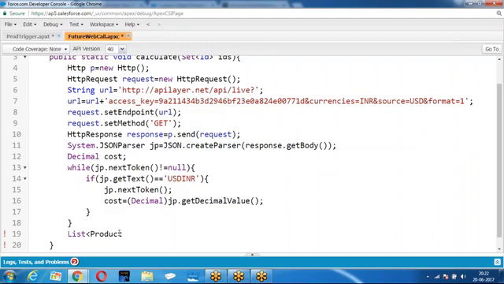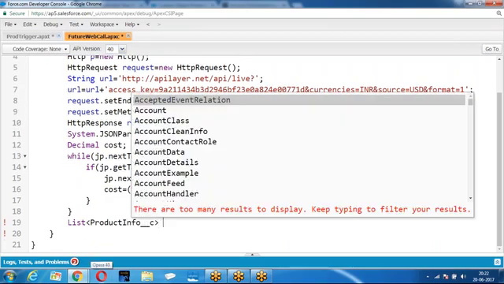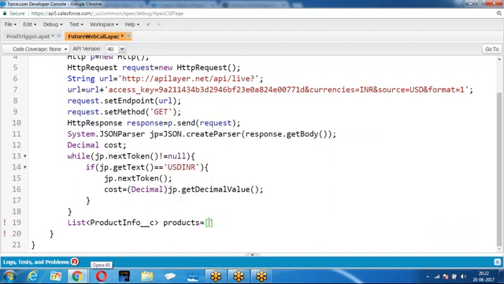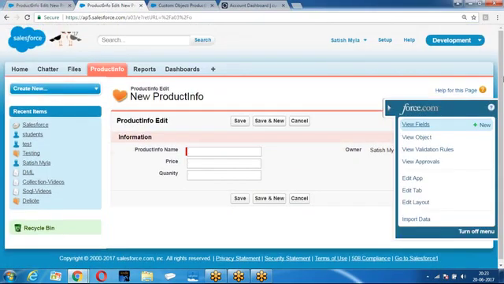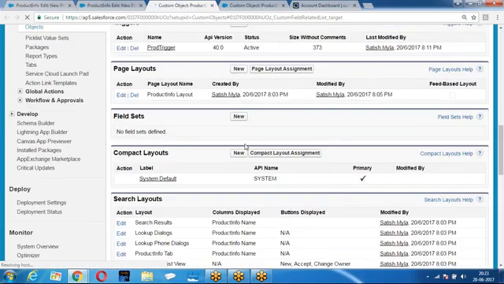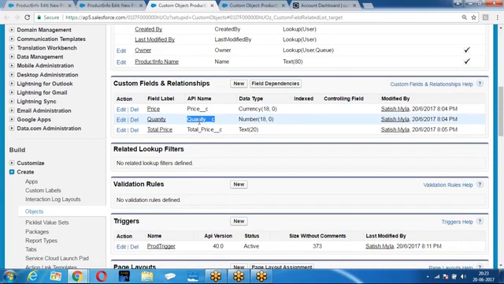Don't worry about what web service call I made. Total amount. Some spelling mistake here.